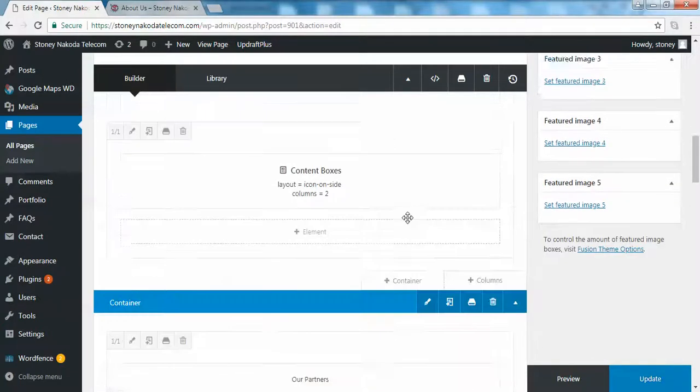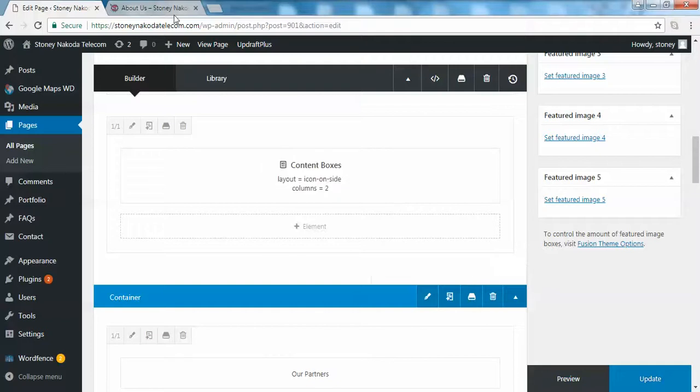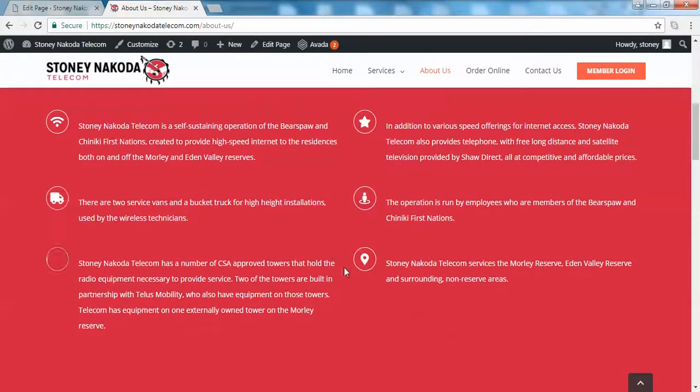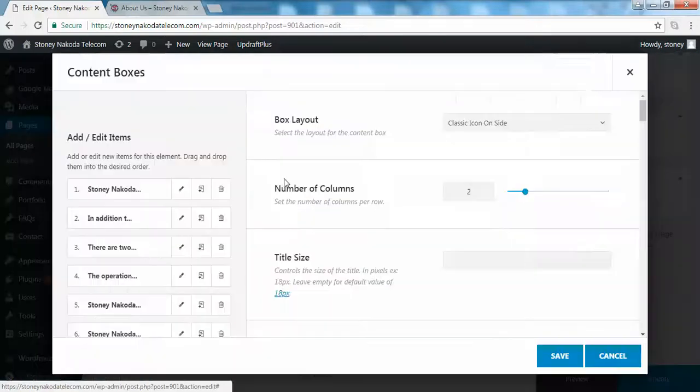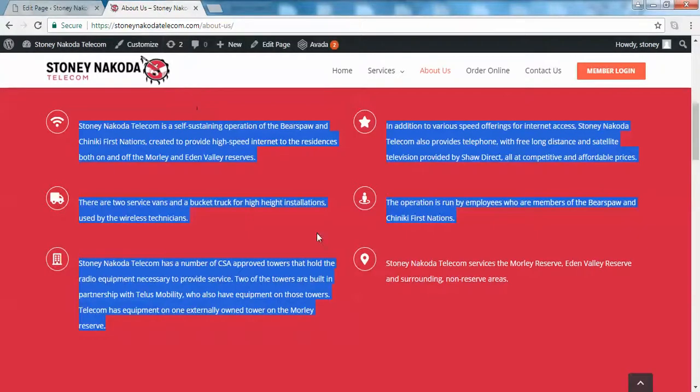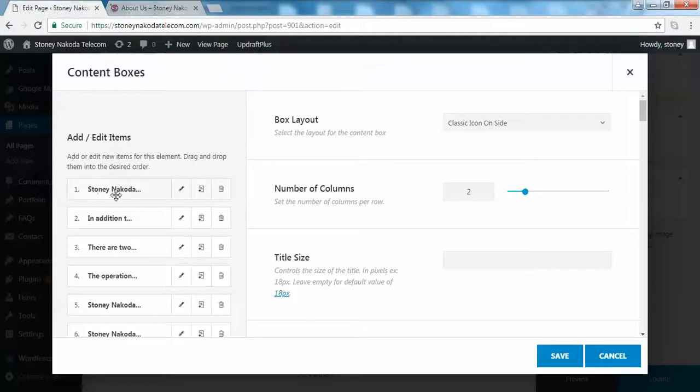Scroll down a bit more, and then we'll see you have this text and icons here. So this looks like it's in a content box. Let's click on the pen element, and you can see, so just say Stoney Nakoda Telecom is a self-sustaining operation of the Bearspaw. You do go to the back end. It seems like this is the one. Click on the pen element,